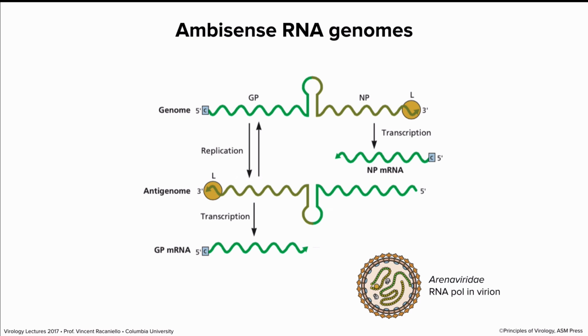The genome is then copied, and we call it a genome and an antigenome, because it wouldn't be right to call it a plus and a minus because it's a hybrid, again. Make an antigenome, and now you can make an mRNA from this portion of the antigenome that will encode the glycoprotein mRNA, and that will be translated into protein. Very unusual strategy. Again, these are ambisense. They can have both characters of plus and minus on the RNAs.